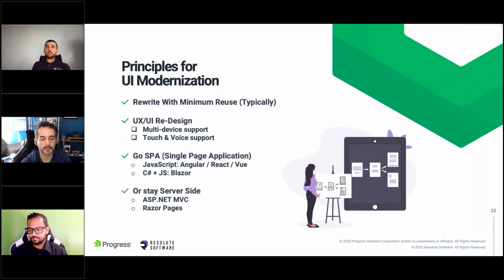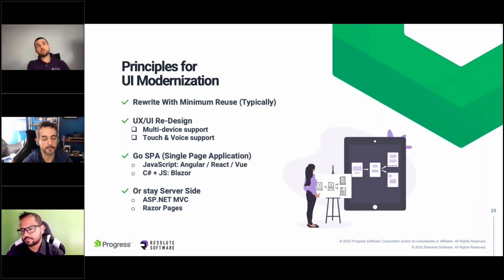This is the more visual aspect of the modernization, a little more involving typically because most of the time we end up rewriting, with minimum reuse in general. If you are working with MVC already and looking to migrate to modern .NET, chances are you're reusing a lot, because your Razor pages are already there and you may preserve them. But in the most typical Web Forms scenario, ASPX pages do not lend themselves very well to reuse. So most of the time you end up rewriting with some modern application framework like Blazor or Angular, for example.